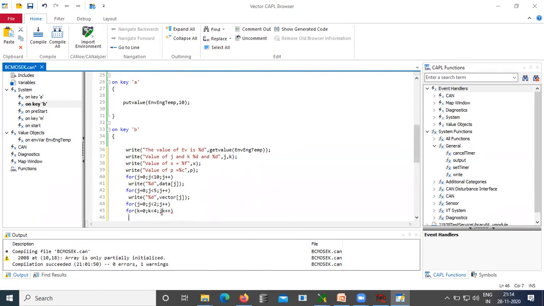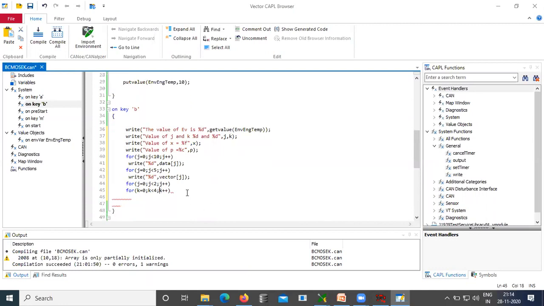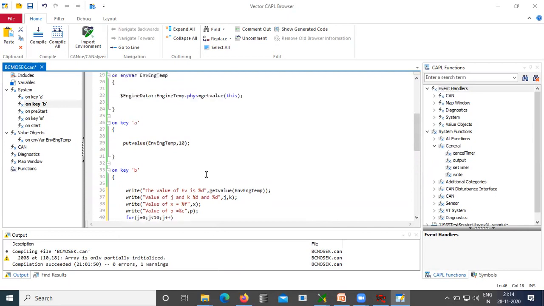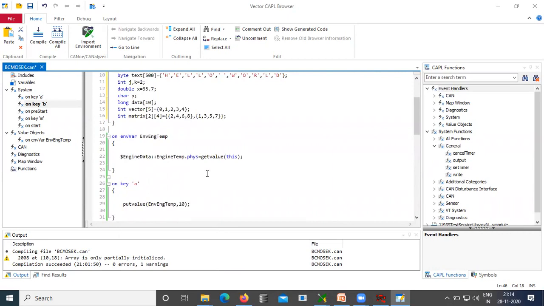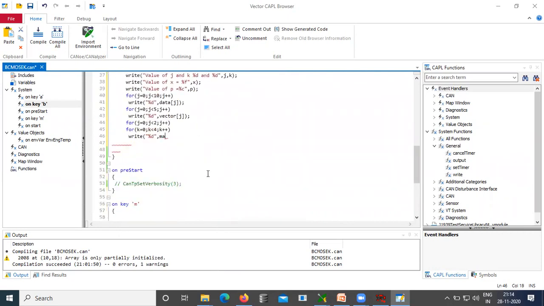Then we have write percentage d comma matrix of j comma k. That's all. That's how it is.